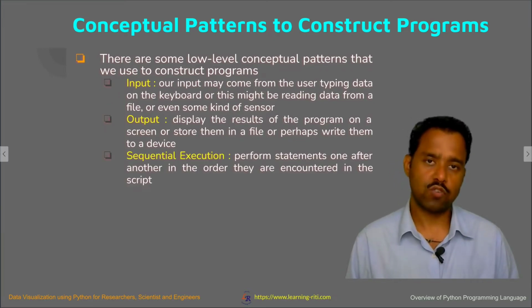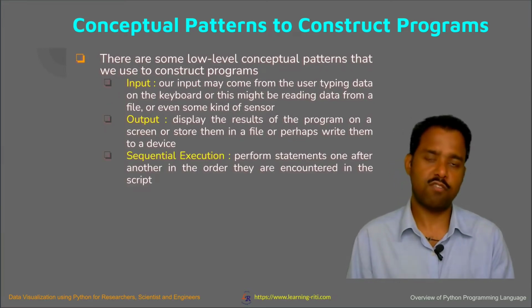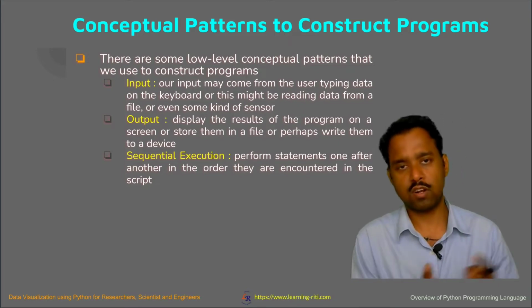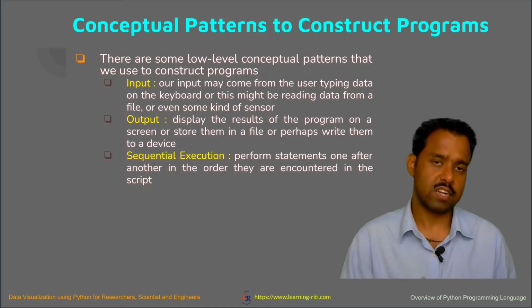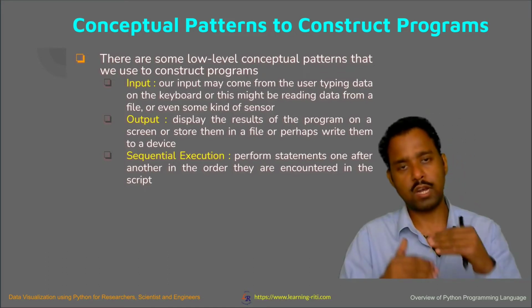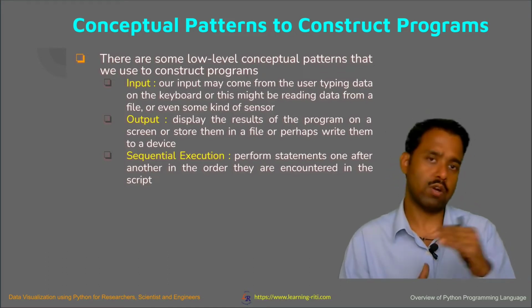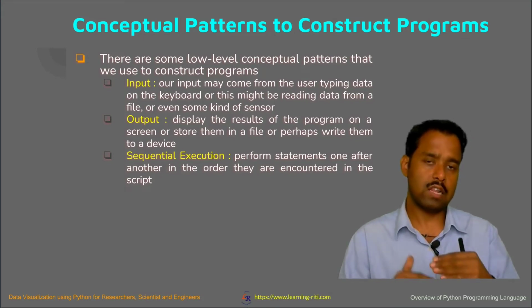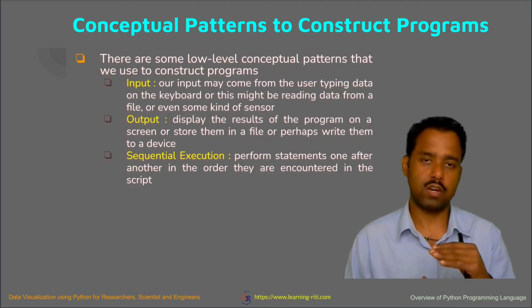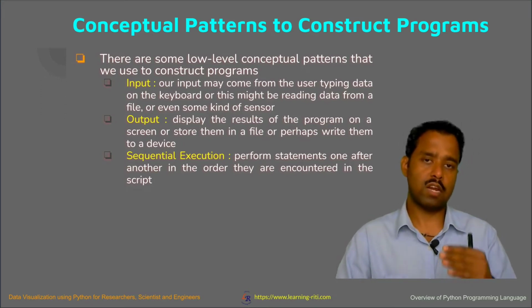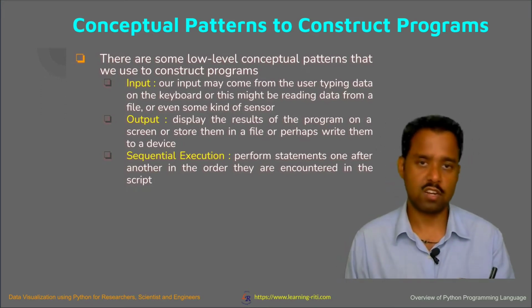You can perform sequential execution, where statements are executed one after another in order, as they are encountered in the script. You should remember that when you execute Python code, it executes line by line. This means that if all the lines are correct but an upper line has a syntax error, it will not go further; it will stop there. It also will not perform the later task first and the previous task later.